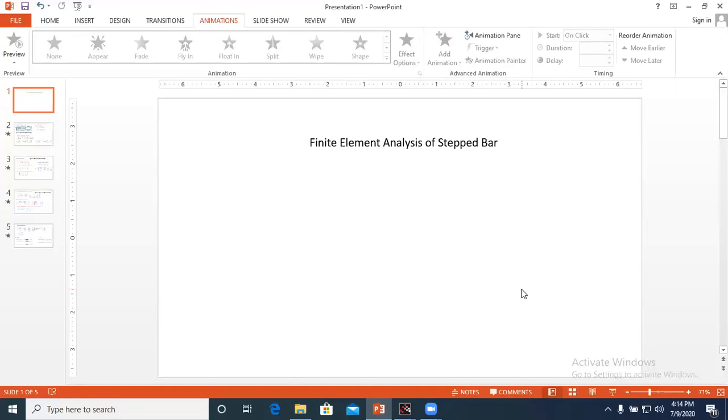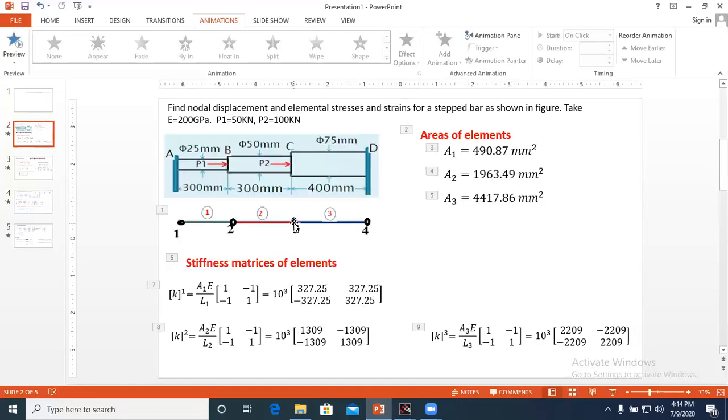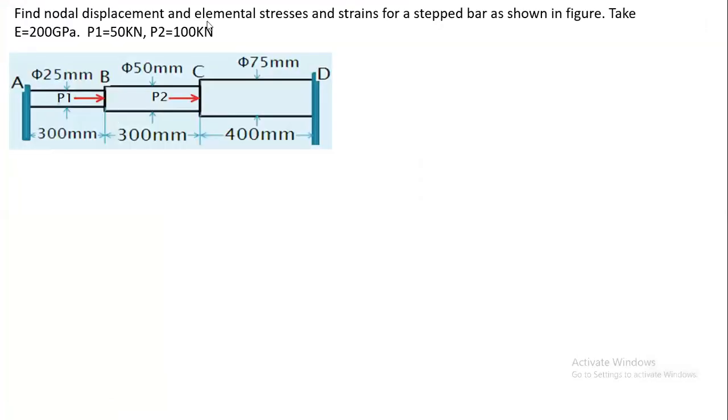Now, for this, I have taken this one problem, a stepped bar. Now see, this is the problem. Here you have to find the displacement and elemental stresses and strains for a stepped bar, which is shown in this figure.